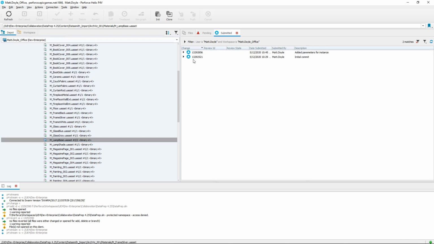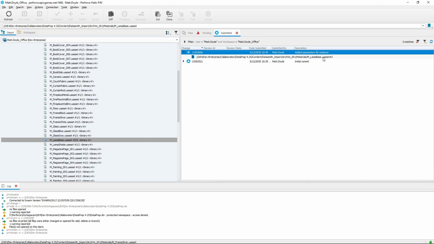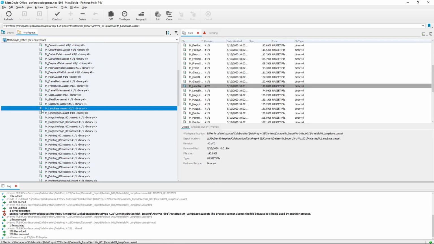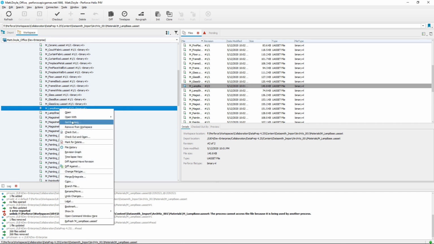On the Submitted tab, other than the initial commit, you can see the second change, Added Parameters for Instance. And if we open that up, we can see the material file, the UAsset file there, that we changed. Now, I can roll back my changes by going into Perforce here, right-clicking on this lamp material, and choosing Get